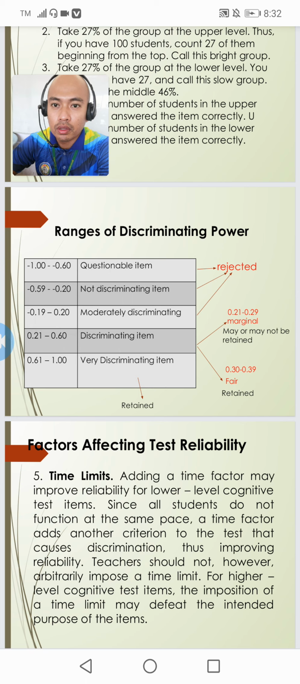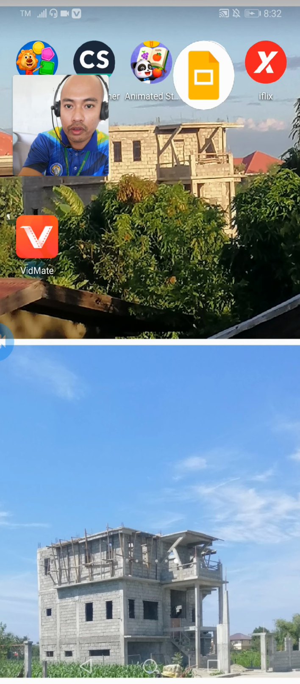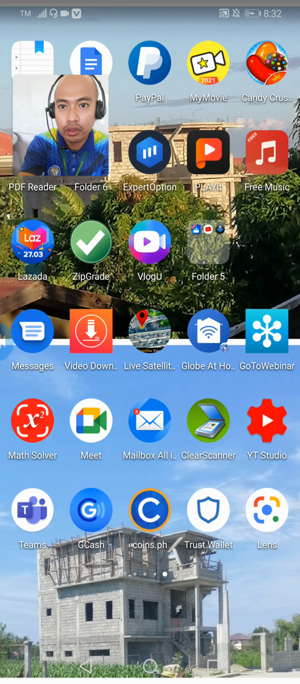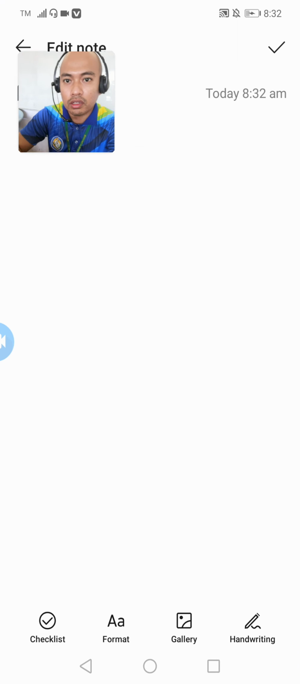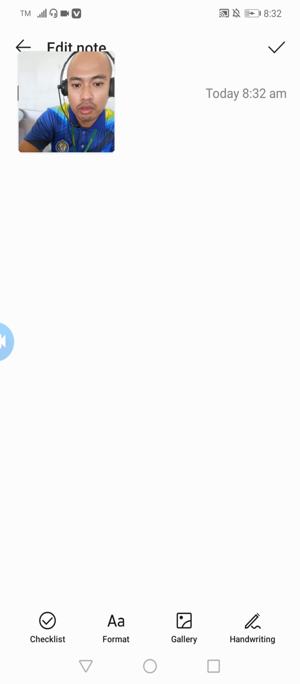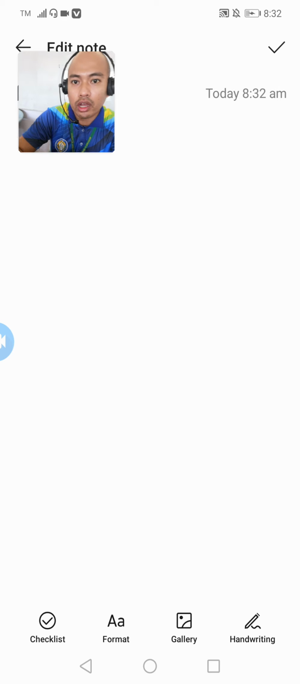So let's try to apply it using my notepad before we proceed to the fifth factor that could affect reliability of test instrument. So yung first step natin na sinabi ko kanina is we will arrange the items from lowest to highest. Okay? So let's say for example,